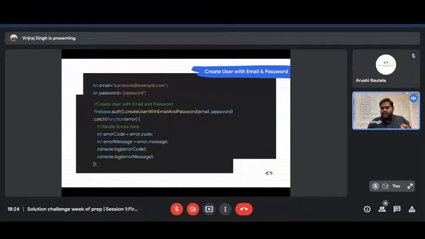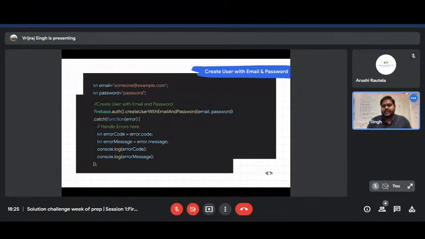If you want the login feature, you can use the function named signInWithEmailAndPassword. Here we have the function createUserWithEmailAndPassword, and inside this particular function you can pass two parameters: first the email ID and then the password, and the logic is simple. These are JavaScript promises, which you can handle with the help of the then block and the catch block. So this is very simple. You can sign up your user, meaning create your account, in, let's say, 3 to 5 lines.